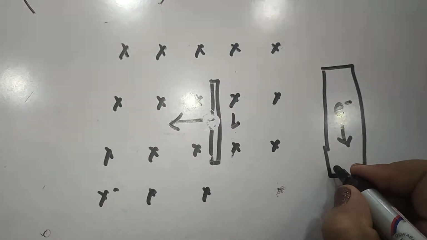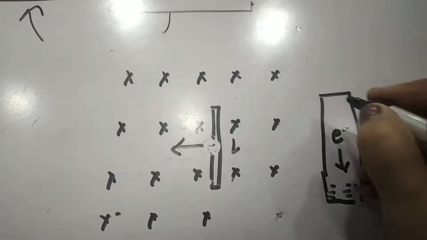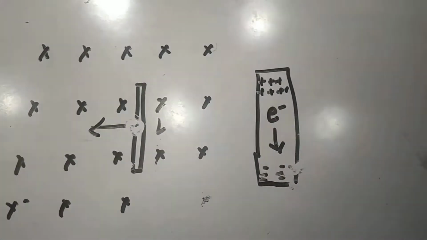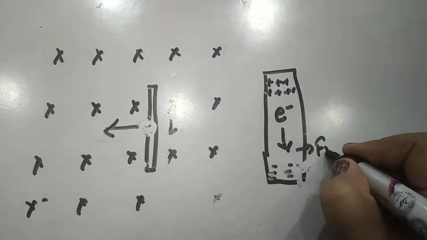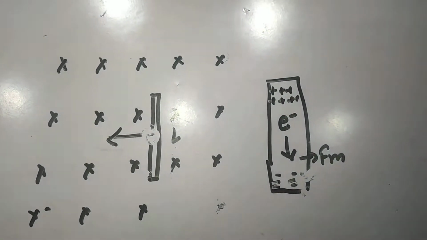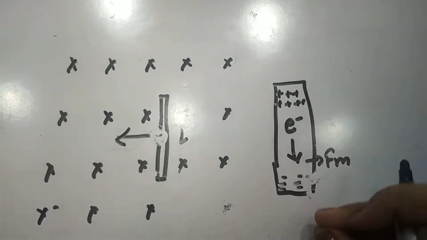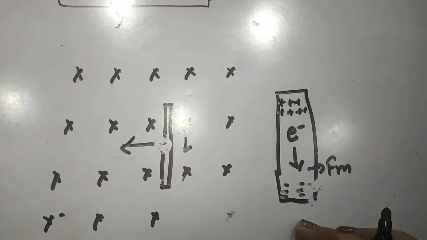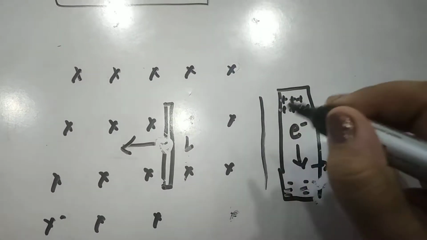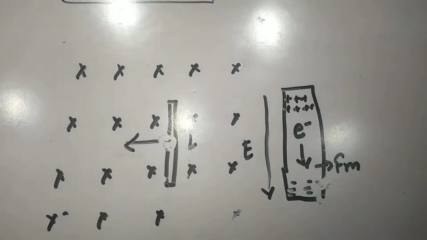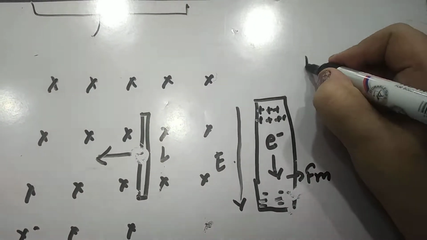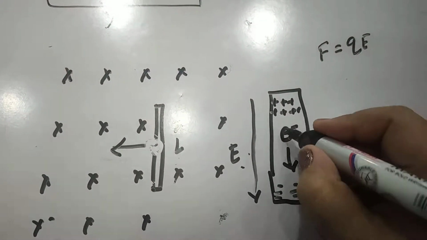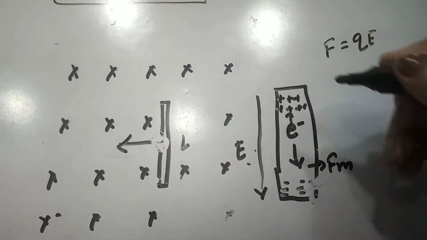Accordingly, electrons will get collected at the bottom and an equal amount of positive charge will start developing at the edge. So we can represent that this is Fm, the force developed, which is pulling the electron and creating positive charge at the top and negative charge at the bottom. Now since there is positive charge at the top and negative charge at the bottom, some electric field is induced in the direction from positive to negative charge. Due to this electric field, the force QE is developed, and this electric field will tend to pull the electron and take it back to its position.